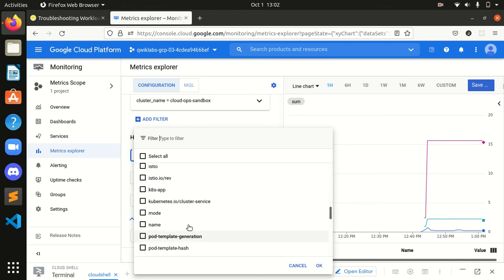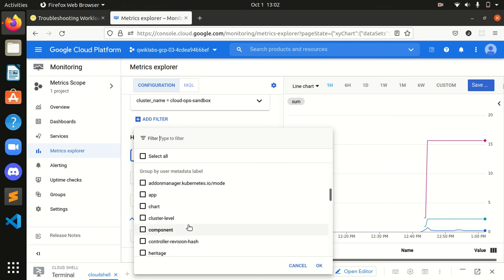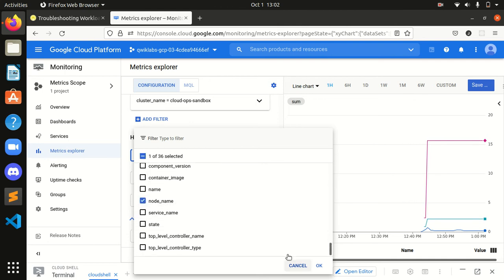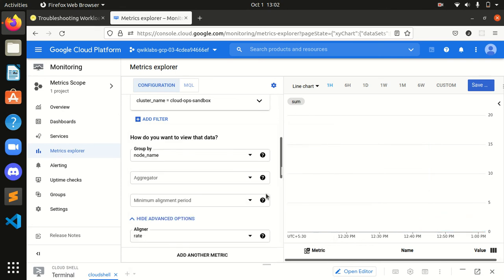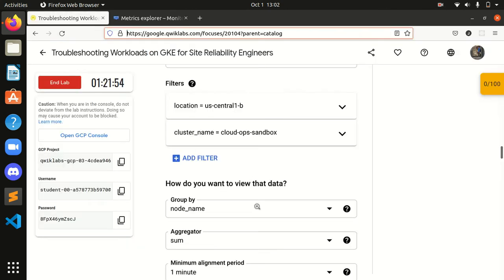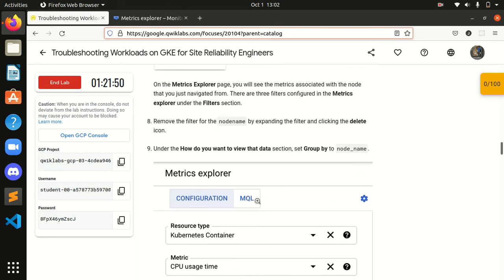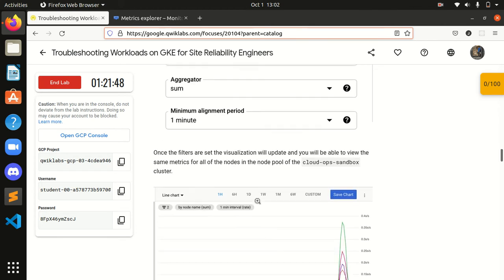Where is it? It will be somewhere here only. Node name. Okay, I selected it. Node name. Okay, after that let's get into our task.